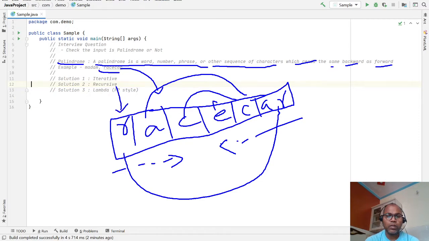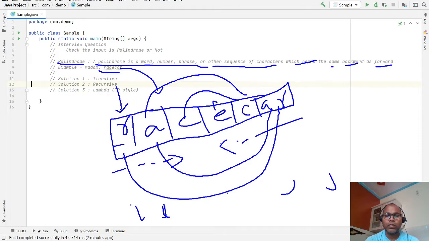Let this be index I and this be index J. We check whether both are equal, then move I forward and J back, meaning I plus plus and J minus minus. Then again check whether this matches this.